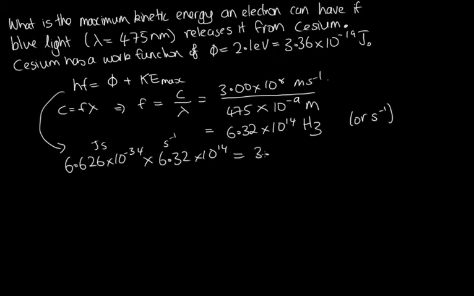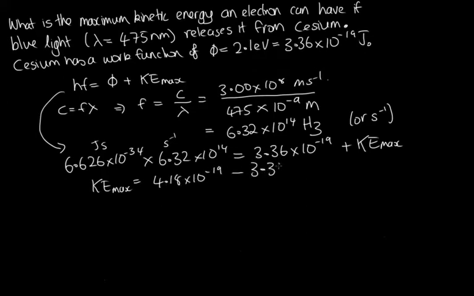So this is 3.36 times 10 to the minus 19, plus KE max. And now we need to solve this for the maximum kinetic energy. So we just do a bit of algebra. We can subtract this number from these multiplied together. So KE max is equal to these two multiplied together, which is 4.18 times 10 to the minus 19, minus the 3.36 times 10 to the minus 19, and solving that we get 8.25 times 10 to the minus 20